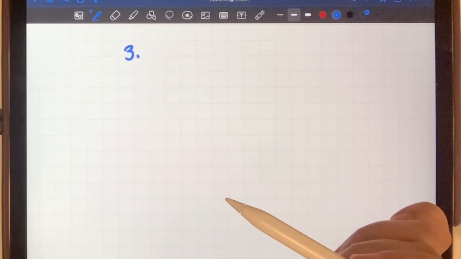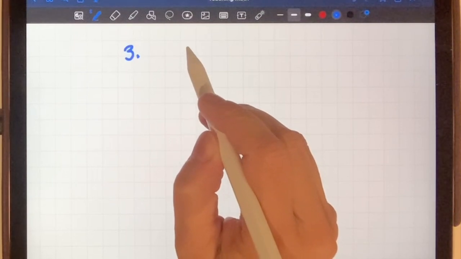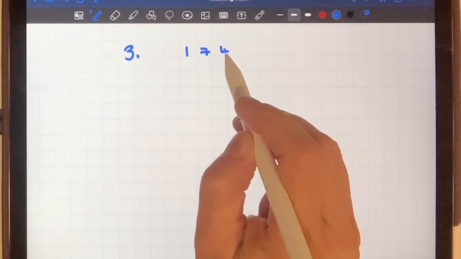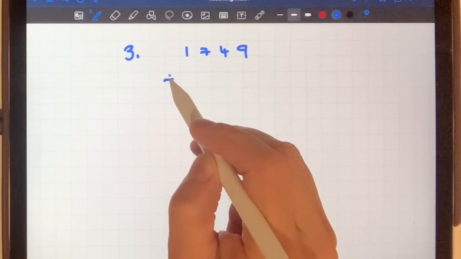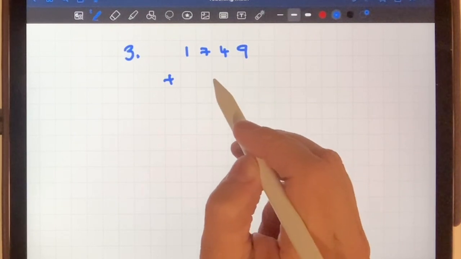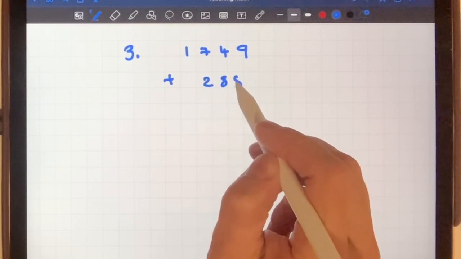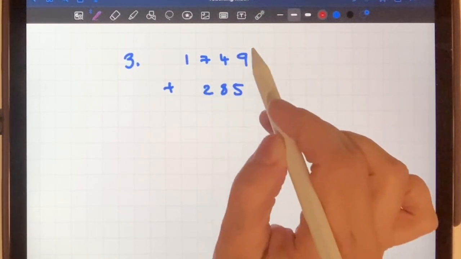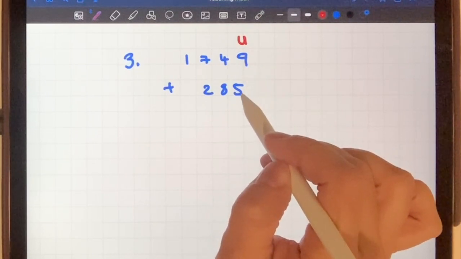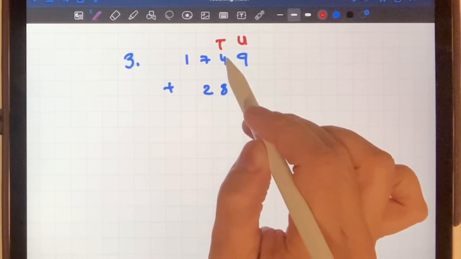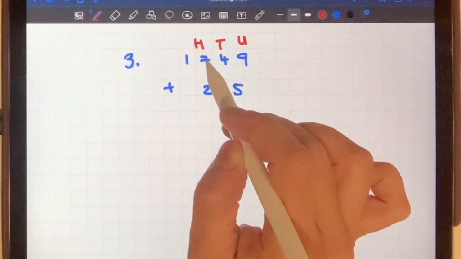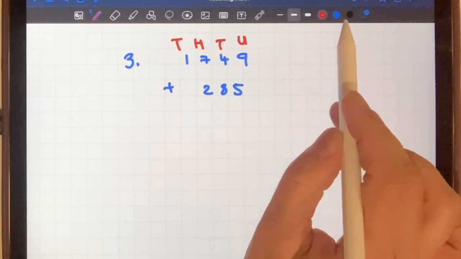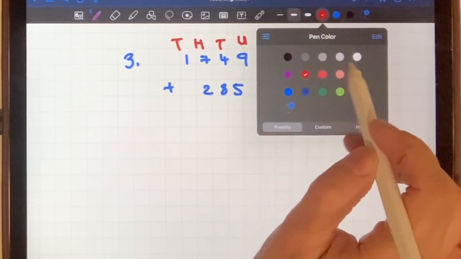Example number 3. Okay, so here we've got 1,749 plus 285. So you can see why it's very important that we do line them up correctly. So these are my units, these are my tens, these are my hundreds, and my thousands. So it's almost like I can put an imaginary line